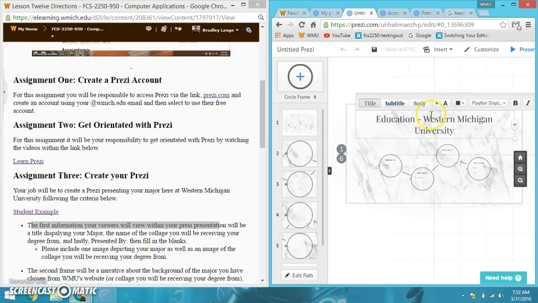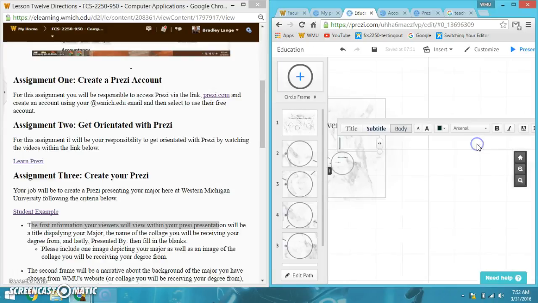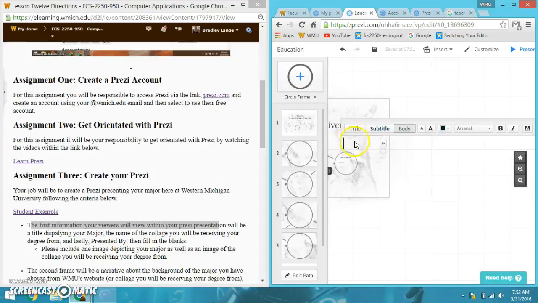Right, and you're probably going to want to play around with this a little bit, and I might want to just hit enter there to get that on a separate line, and you guys can play around with that. Now, it also needs who this is presented by. So what I'm going to do is just click somewhere else, and it opens up a new text box, and I can put